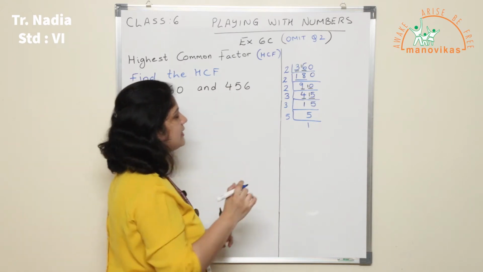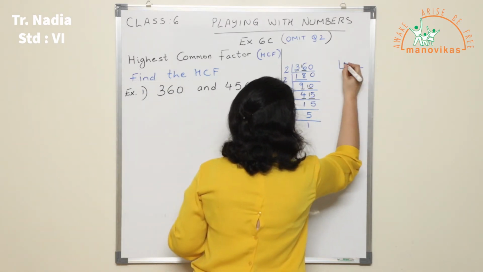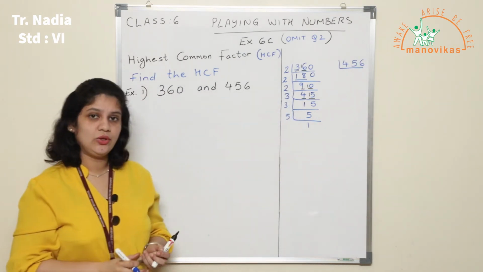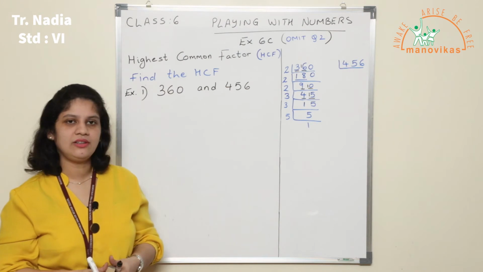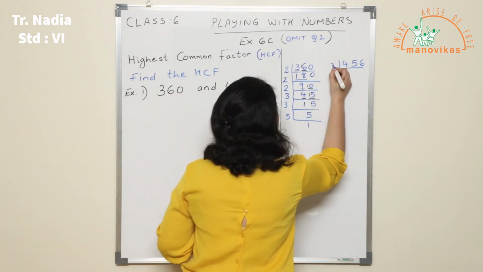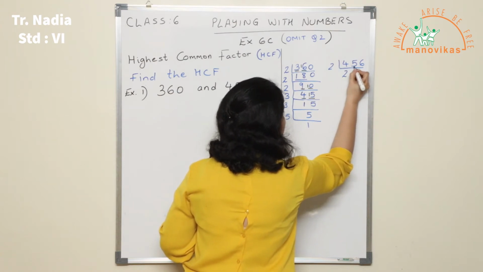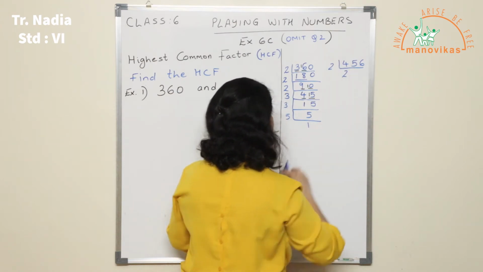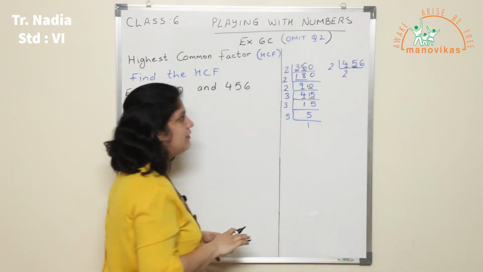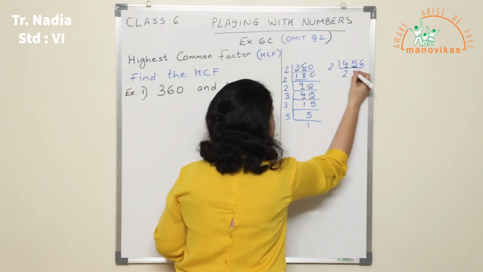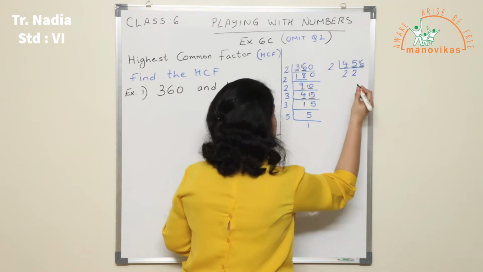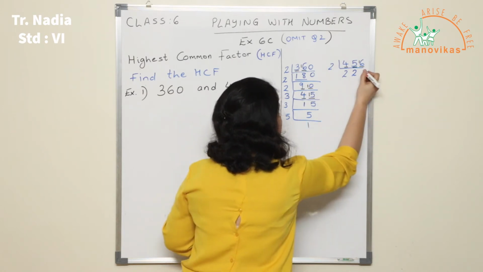Now let us move to the next number, 456. Again, can we use 2 to start our division? Yes, it's an even number, so let's start with the 2 table. So 2 2s are 4. Then we move to 5. First I made use of this 4, now I'll make use of this 5. 2 2s are 4 is closest. Extra 1 goes to the neighboring digit. The neighboring digit becomes 16. 2 8s are 16.